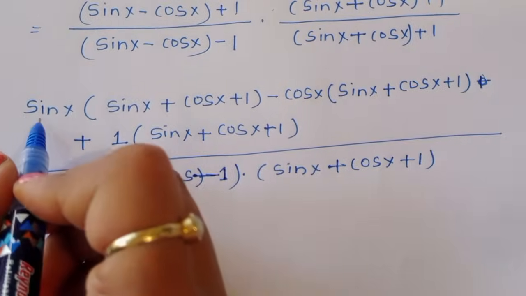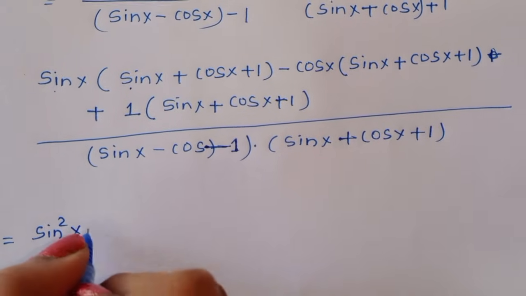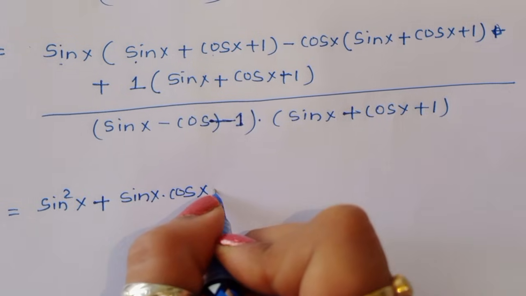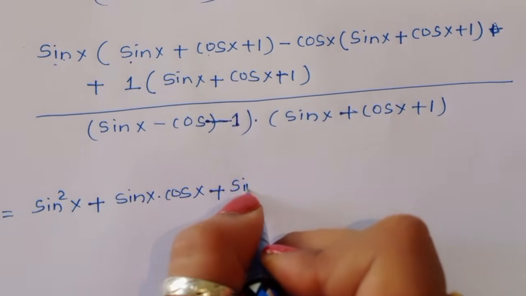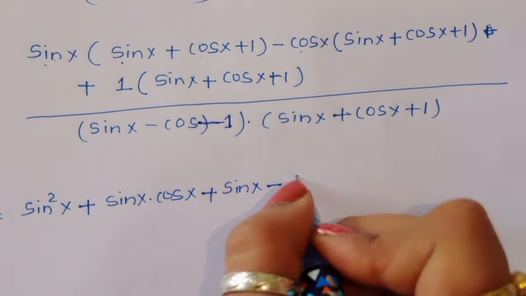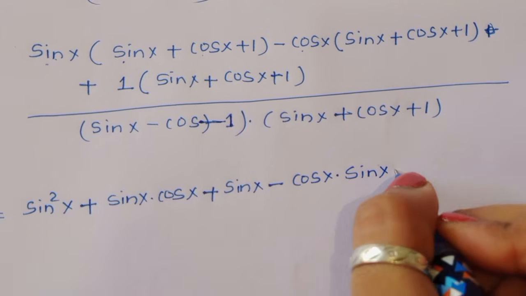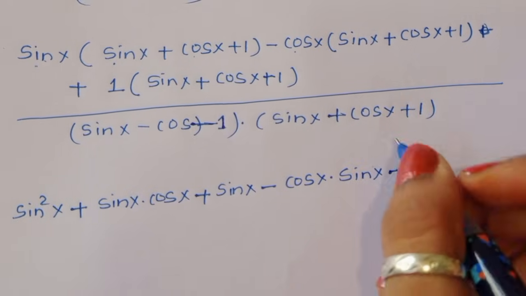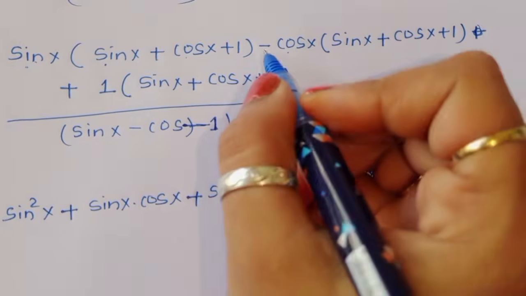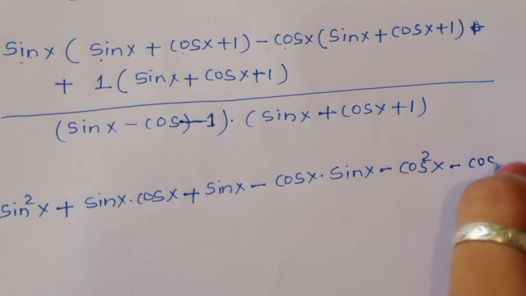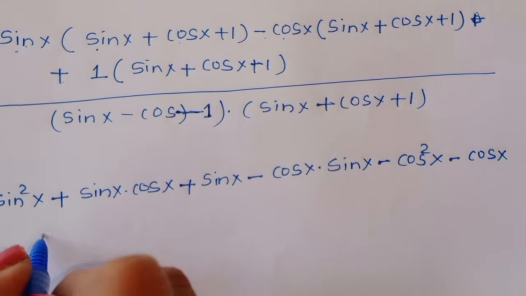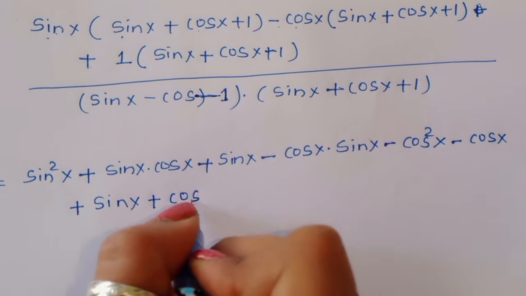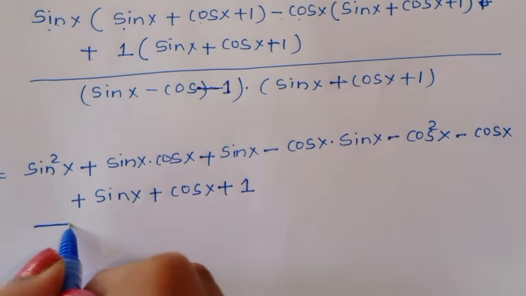Now sin x times sin x becomes sin square x, plus sin x into cos x, plus sin x times 1, that is sin x, minus cos x into sin x, now minus cos x times cos x, so minus cos square x, minus cos x times 1, minus cos x, plus 1 times sin x, that is sin x, again here plus cos x and plus 1, divided by